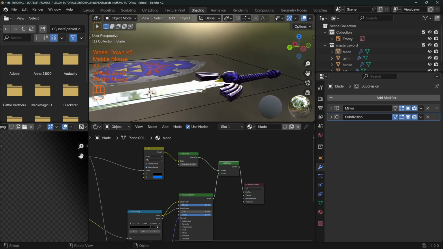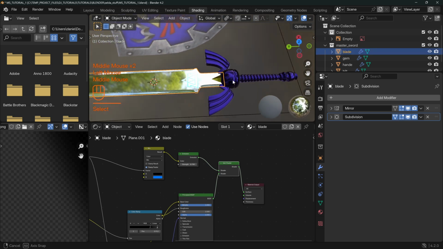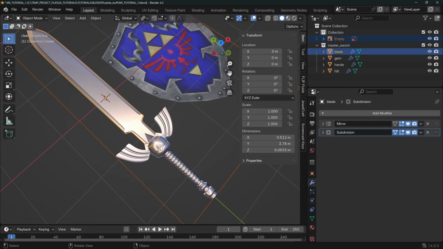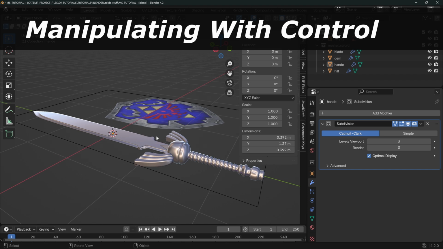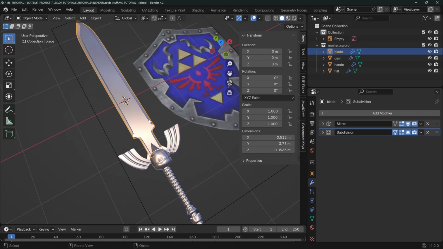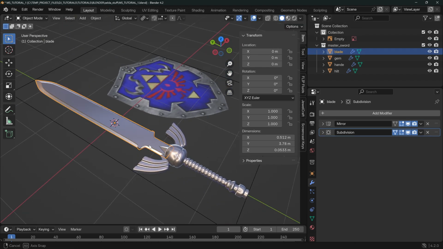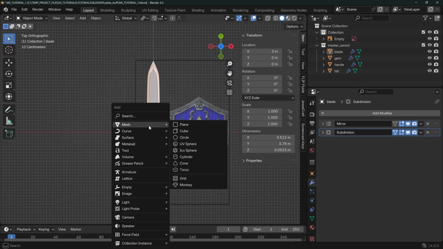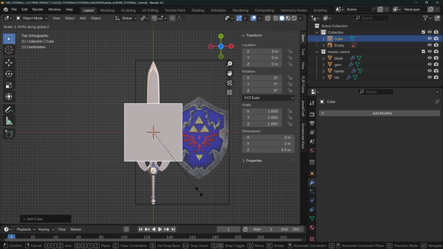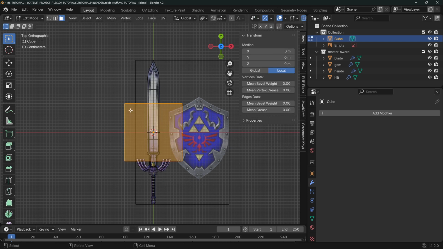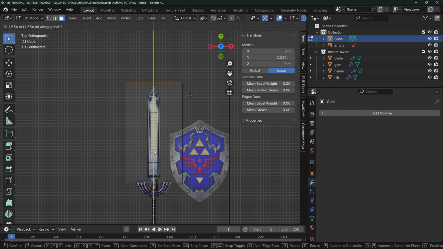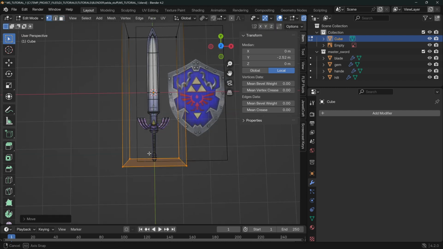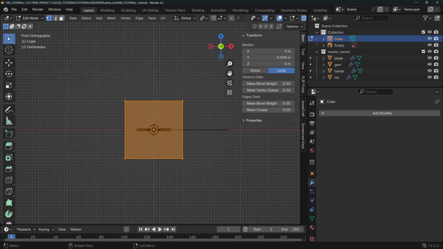Now, if you want to pose this and all that kind of stuff, you're going to run into a little bit of an issue because everything here is being done with non-destructive modeling, and you might find it difficult to move these all around independently. So what we're going to do is make a little control for this bad boy, okay? We're going to add a mesh, add a cube. In edit mode, we're going to move this around, and basically we're going to make a little bounding box for our sword,